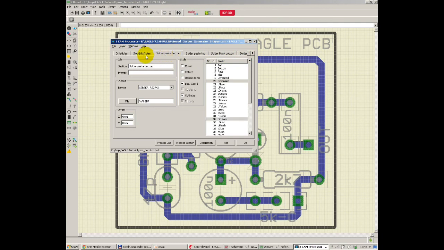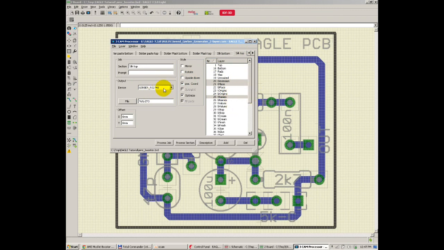Here in those tabs you will see that they're named according to the job that they're going to perform. So this is the paste top, solder mask bottom, mask top, silk bottom, silk top,